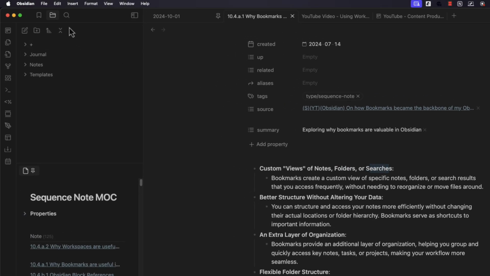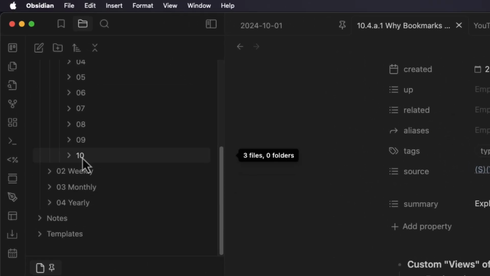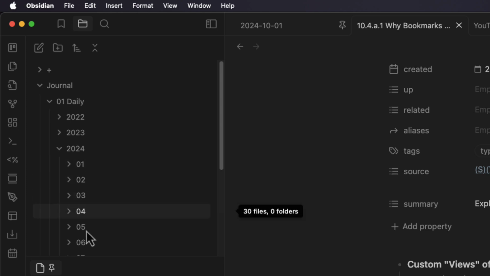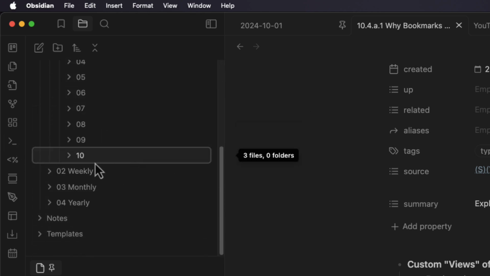Yes, searches. If you go to this little search icon, which we'll go through a couple of examples again, not in my personal vault, you can see that you can save searches and you can save folders. Let's say this is a folder that you want to save. Let's go in here. So let's say you want quick access to the 2024 month 10 folder, meaning October 2024. You can right click and go to bookmarks. And then when you have this bookmark in your bookmark pane, you can just click it, and it automatically opens up this whole file hierarchy to where you want to be, instead of